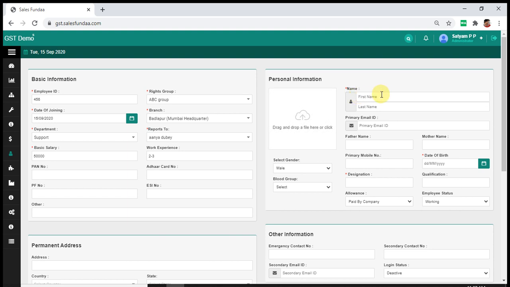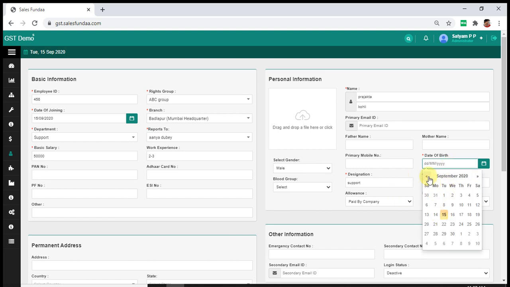Now next is add your employee name, add the designation, qualification, date of birth.